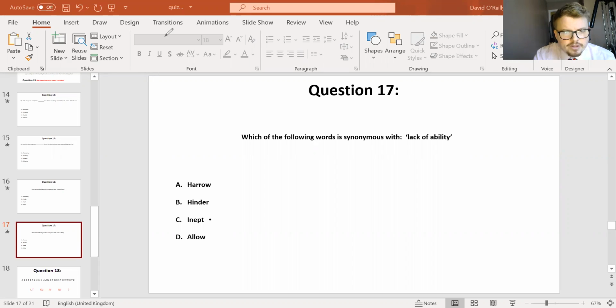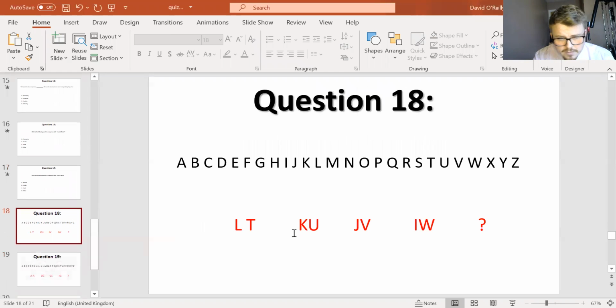Okay, let's move on to a new question type, letter sequences. All right, so as discussed last time, one of the first things I would do in a question like this is if there's no immediate relationship between the two letters L and T. If I'm looking at L and T and I'm thinking, I can't see why L and T would ever relate, then what I would do is actually start thinking more about how each first letter of each sequence,